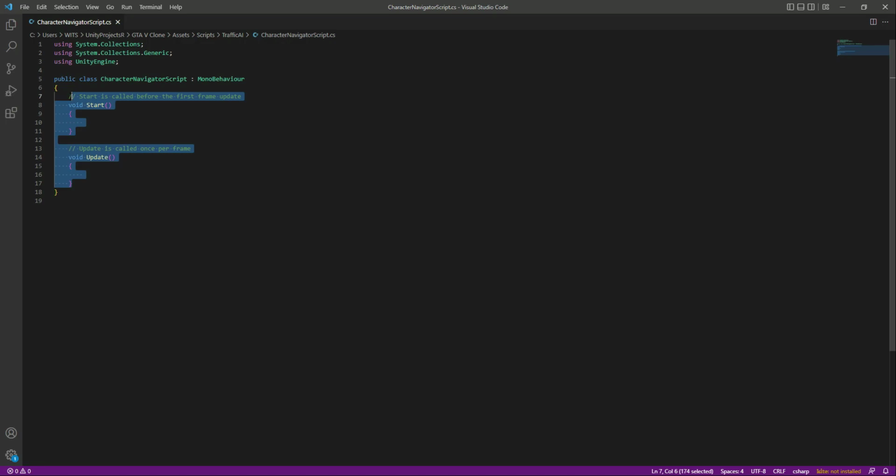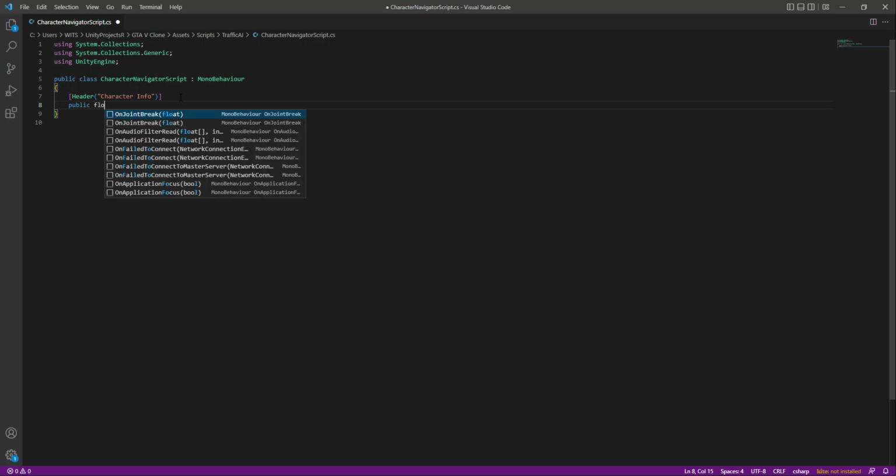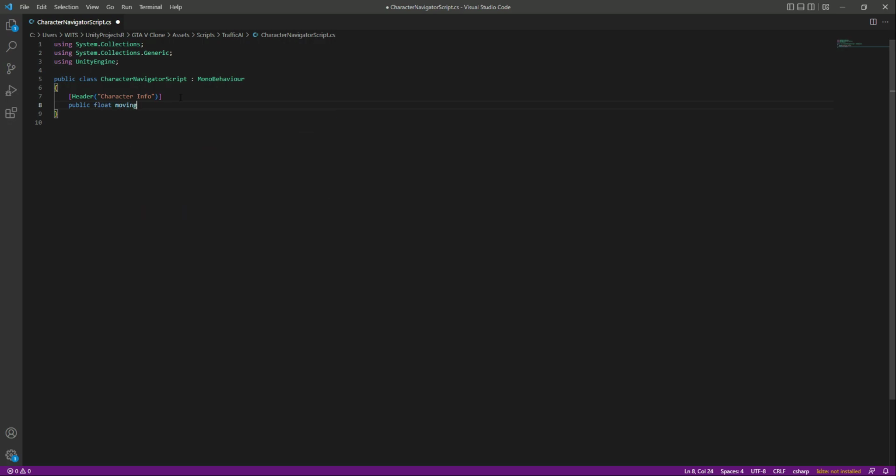For now, let me just remove the start and update functions, and let's add a header by the name of character information. You can name this header whatever you want, and inside this header we will add the variables for the player movement and rotation. So let's add a public float by the name of moving speed. As you know by the name, this will be the moving speed for the character. Then after this we will create another public float by the name of turning speed, and this will be equal to